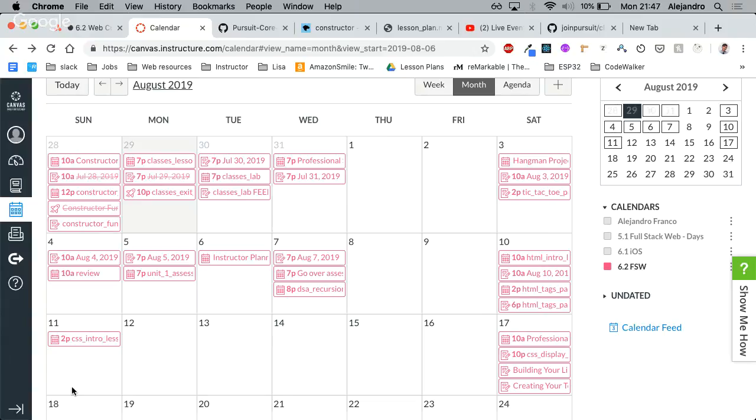Yes, Joy? What format is the hangman supposed to be in? A JS file? So yes, a JS file that we run in the terminal with Node. We're currently working on a repo that has the instructions, and how it